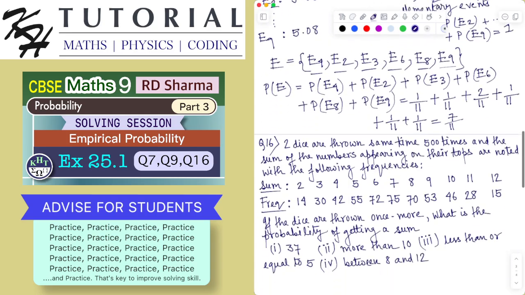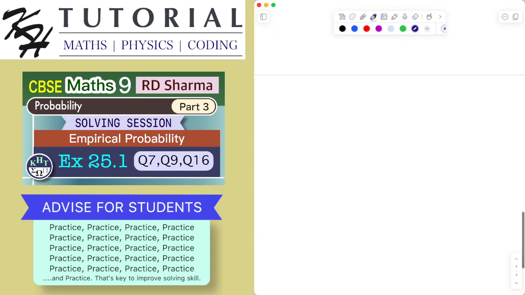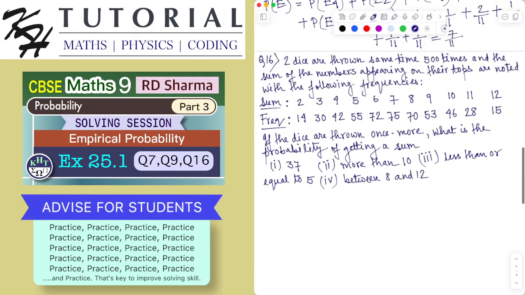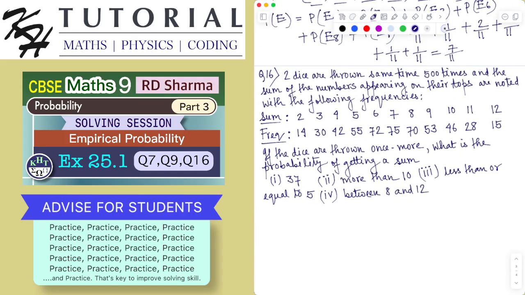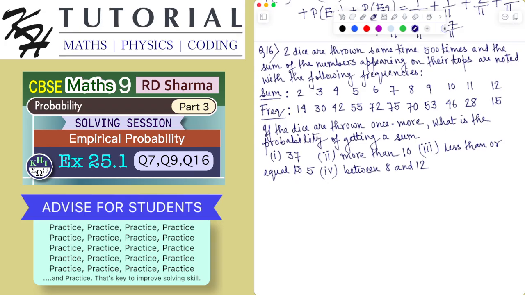So clearly 7 by 11 would have been the answer. Anyway, let's see the next problem, the last problem. This is question number 16. Two dice are thrown at the same time, simultaneously, 500 times, and the sum of the numbers appearing on their tops are noted with the following frequencies. If the dice are thrown once more, what is the probability of getting a sum of 37, more than 10, less than or equal to 5,